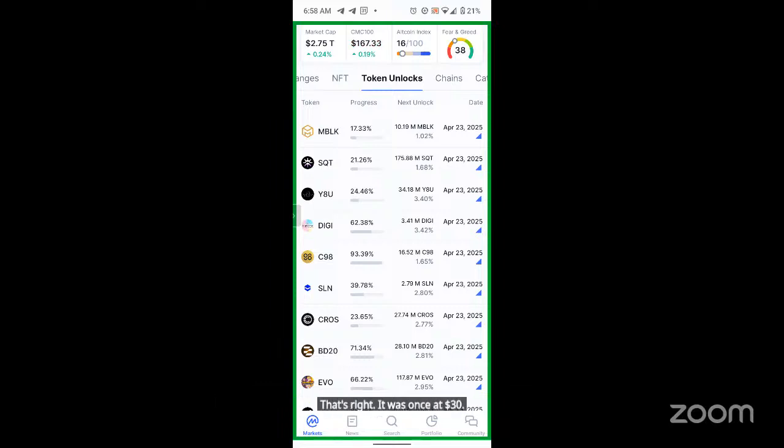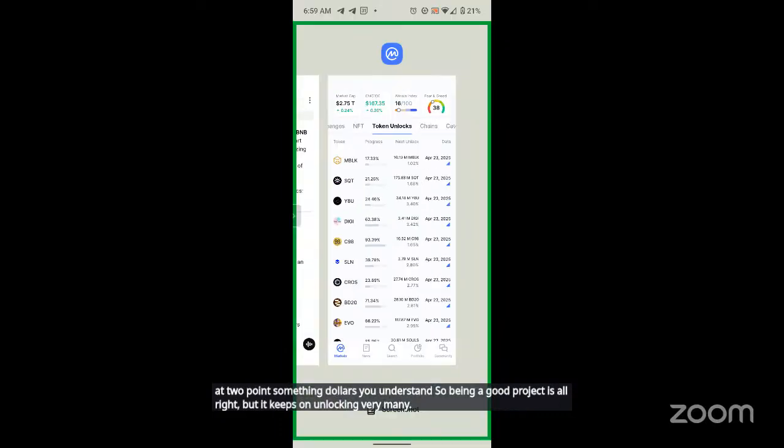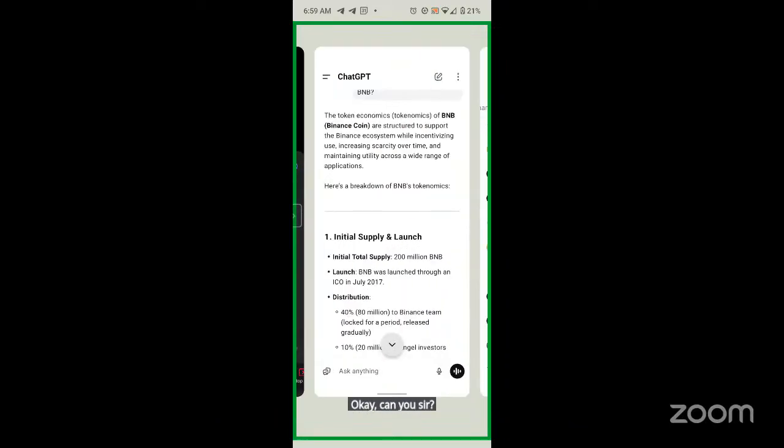Because of the consistency, because of consistently unlocking tokens, you can see that its price now is at $2.something. You understand? So being a good project is all right, but it keeps on unlocking very many tokens. So when you come back here,